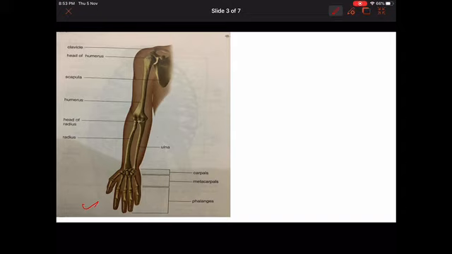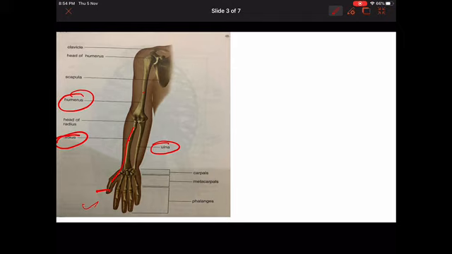You can see here, first of all there is the humerus. The major bone is called the humerus, that is found in your upper arm. Humerus is one single long bone in the upper arm, and there are two long bones in the lower arm, that is the radius on the side of the thumb and the ulna. You can see here, this is the radius and this is the ulna. Here is our thumb, and the bone that is attached with the thumb is called the radius.